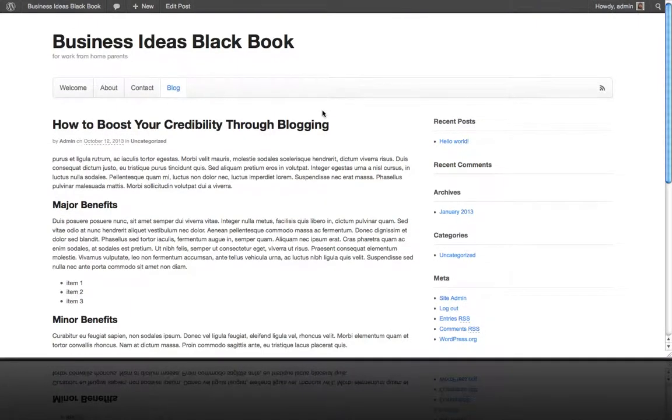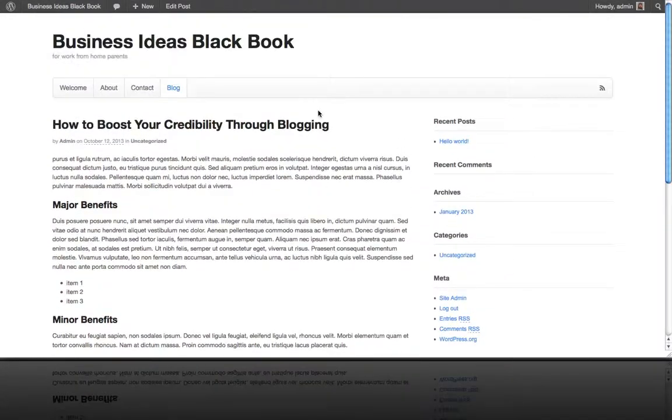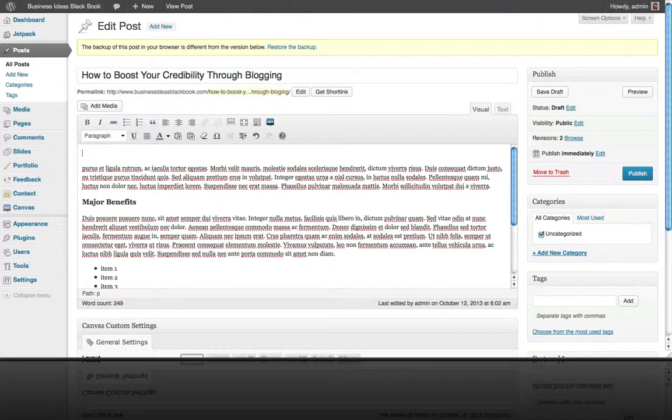And you can see that I'm probably going to try just putting a big image up top here so that it goes the full way across. So what I'm going to do is move this paragraph down, and I'm going to click on Add Media,